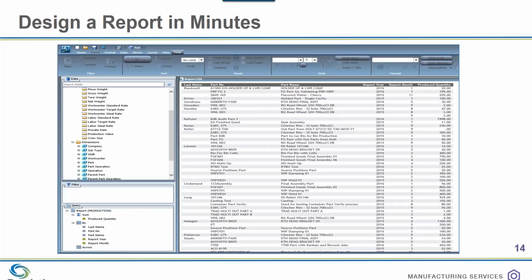So I've generated my report. If it's not exactly what I want, then I can just back up to my report screen and either add or remove fields. And if I want to, I can click on the columns and move them left or right. Just drag and drop those in between two different columns. And just that quickly, you can see that it's easy to build a report.